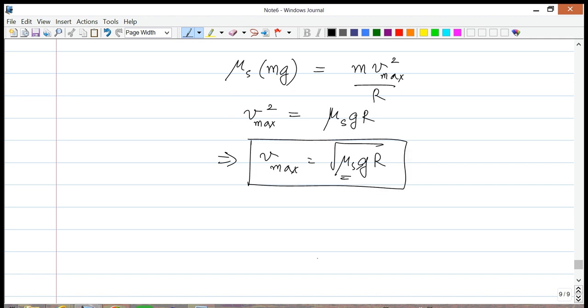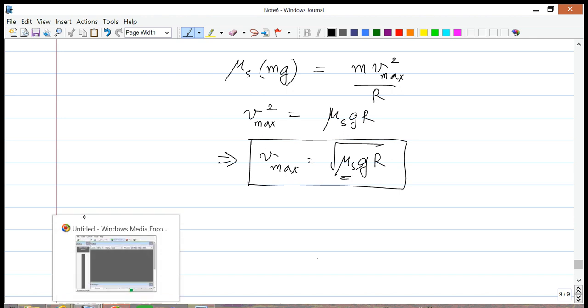All right, so this gives us the maximum value for the speed. Any speed below this Vmax should allow you to safely negotiate the turn. Vmax means you're messing up. Okay, like already at that point, things are getting risky, things are getting dangerous. So be careful out there. Keep Vmax in mind, the square root of mu s g r, and then you'll be able to safely drive on the roads.